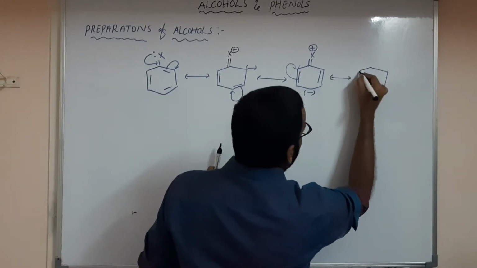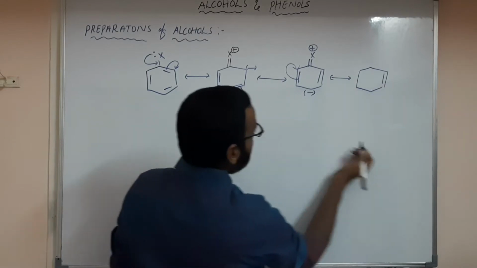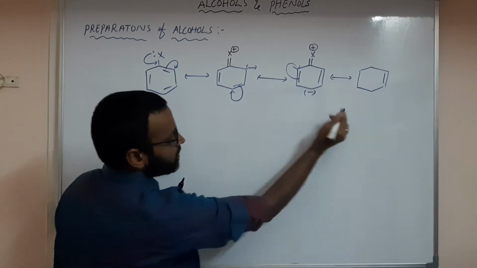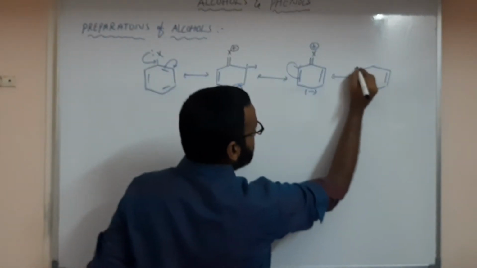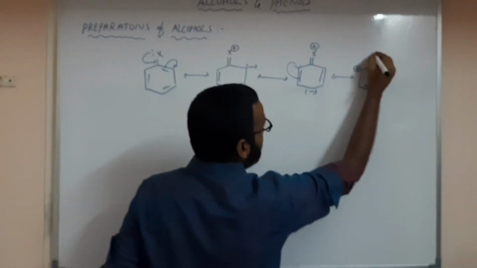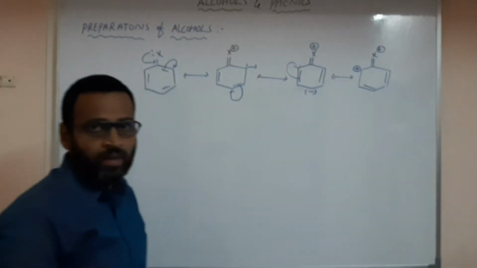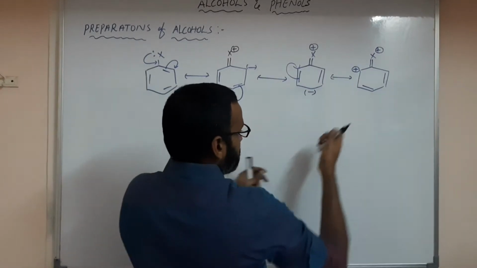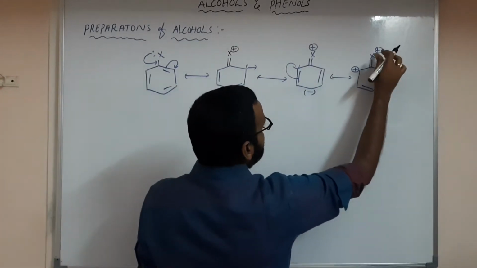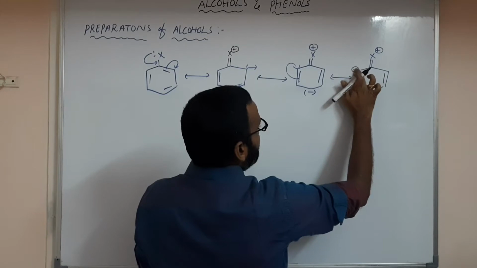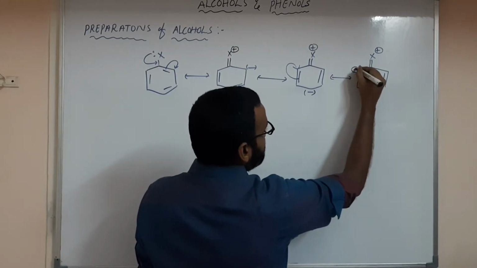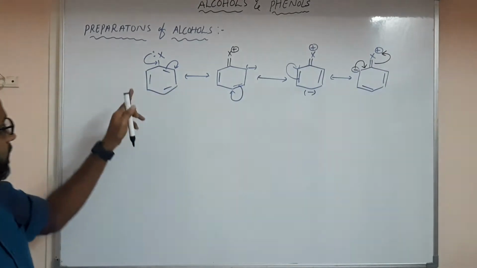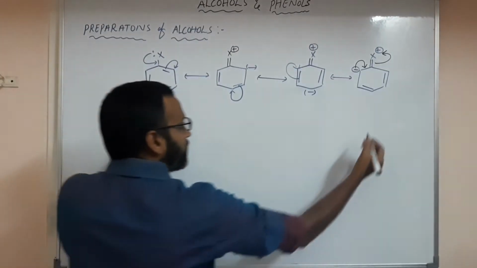Here you have the benzene ring and a pi bond, and a new pi bond will form between these two because a positive charge is coming here, positive and negative, and here you have a positive charge and a double bond, X plus. Correct? Next, very simple, this will migrate back. Here there is a negative charge; this negative charge will come over here and this will go back. That means again you have the original structure.